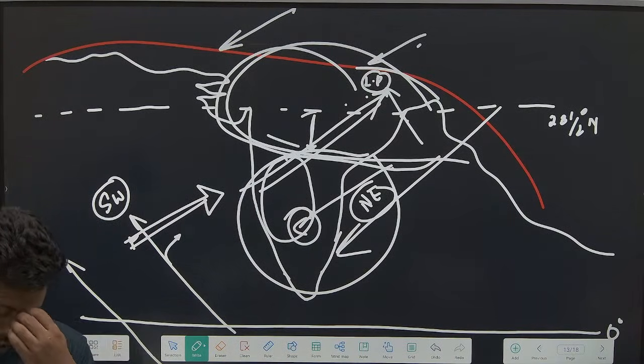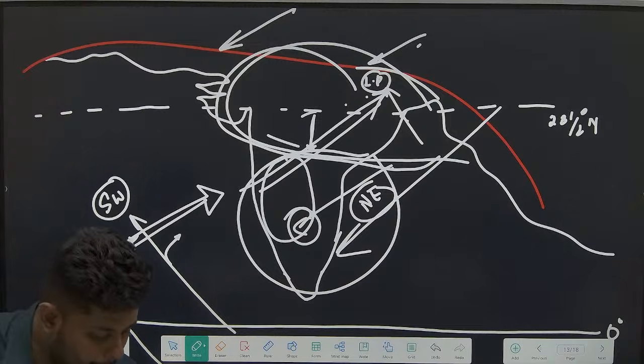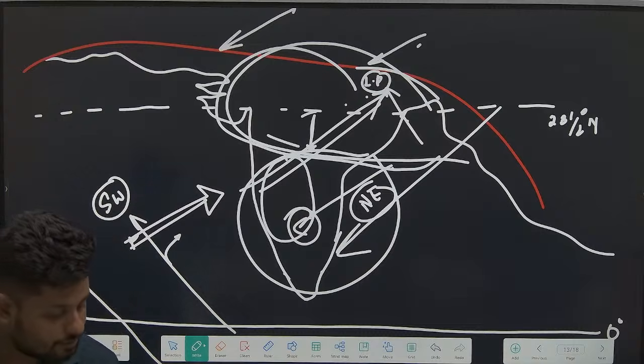Okay. Then, how much do you think? Since this southwest monsoonal season is the major precipitation bearing season, let me talk about how much rainfall is received here. If you can tell me, how much is the amount? Which part of Karnataka receives how much rainfall? How much can the coastal region get?